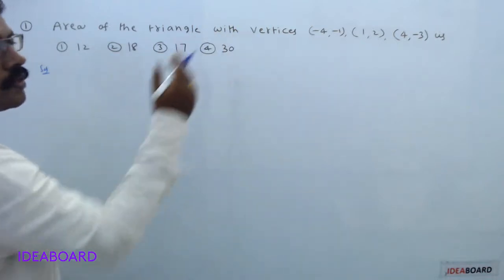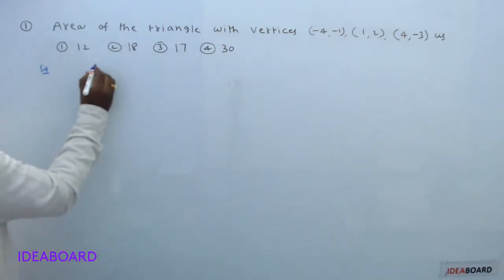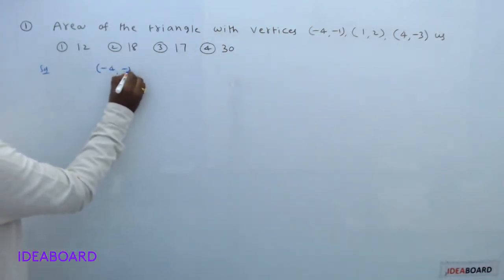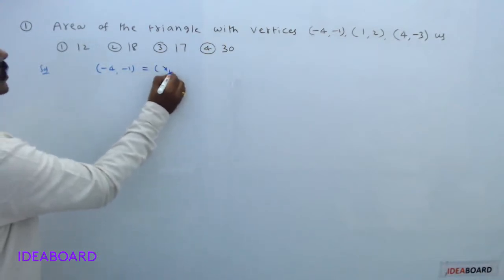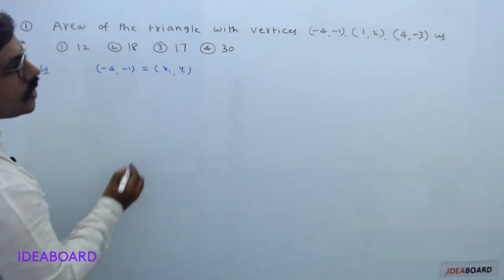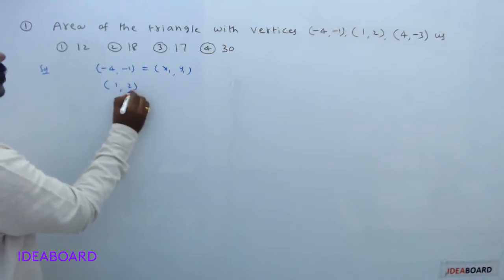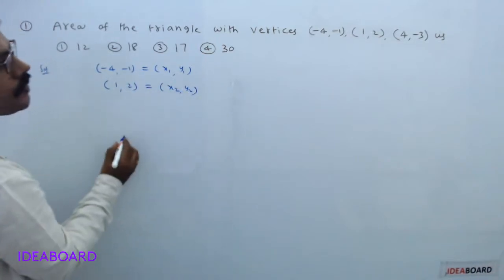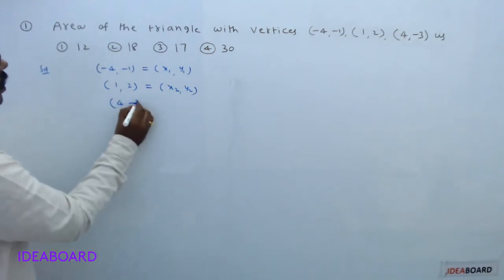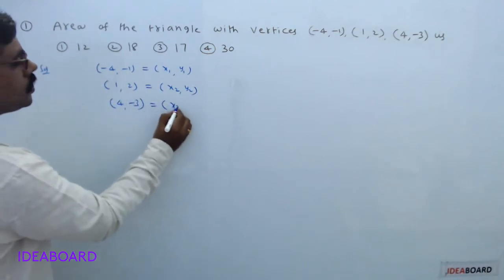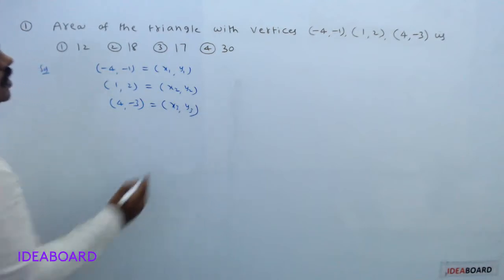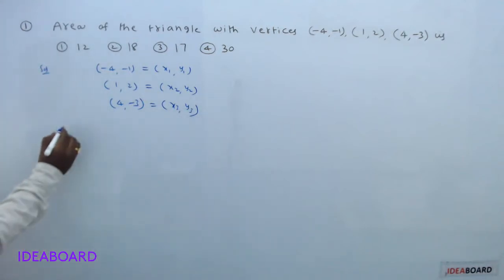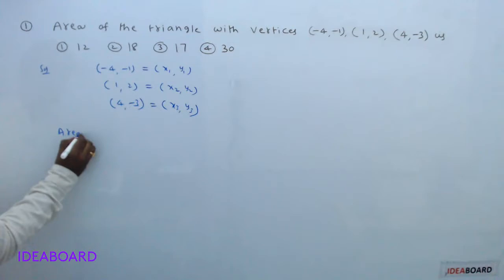Now what are the given points? Minus 4, minus 1, denote this point with x1 y1. Second point 1 comma 2, denoted with x2 y2. Third point 4 comma minus 3. You can consider this point as x3 y3. So area of triangle equals to